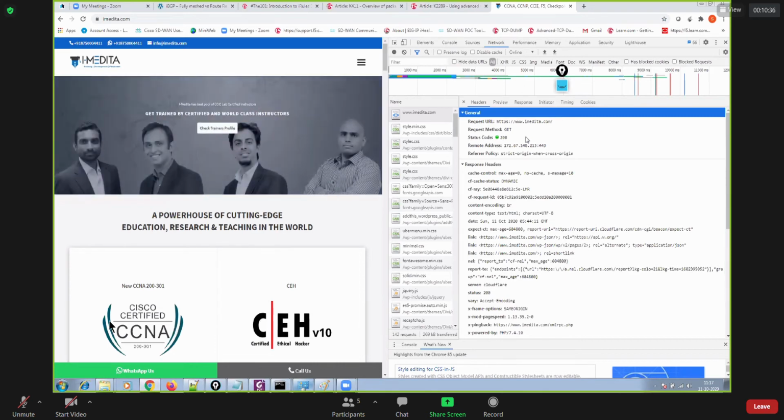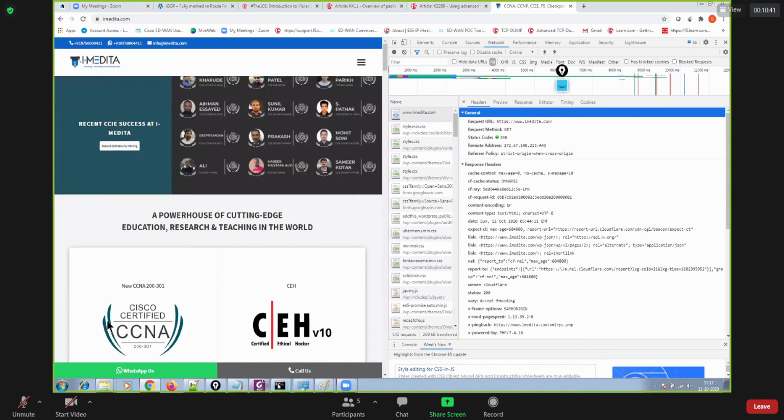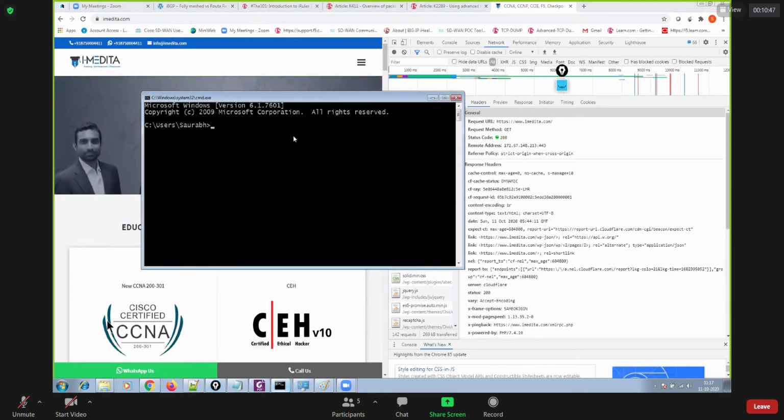So the TCP connection, you can check that. You can even check your TCP connection using your CMD, right? Using your CMD, you can check your TCP connections on your Windows machines, on your Linux machines, no matter what operating system you are using, you can always check the TCP connections, the status of the TCP connection.